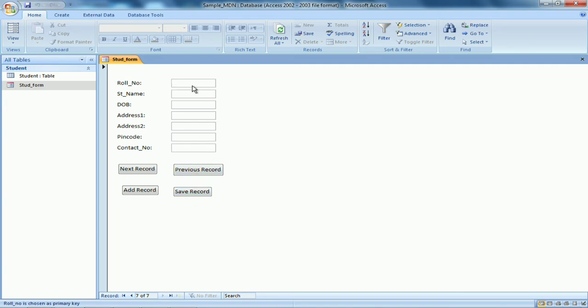The difference is if I now straight away add here and then click on save, this record will automatically get saved. Rakesh Roy. Some arbitrary names I am entering.